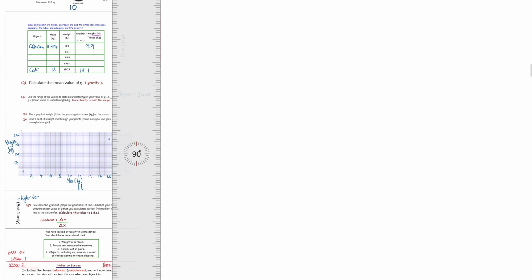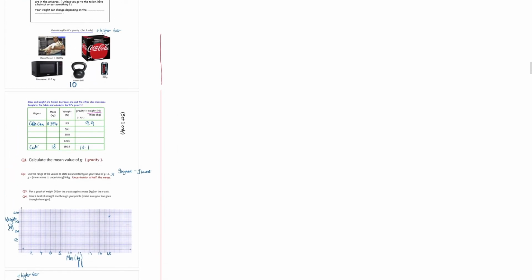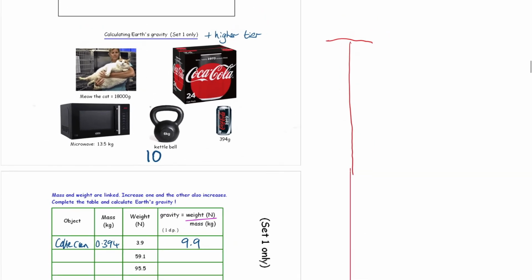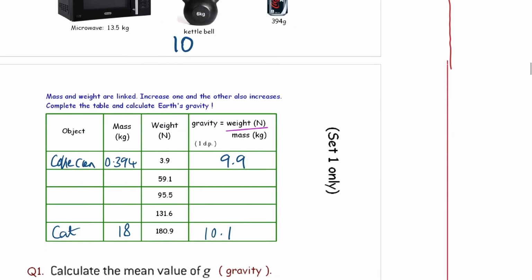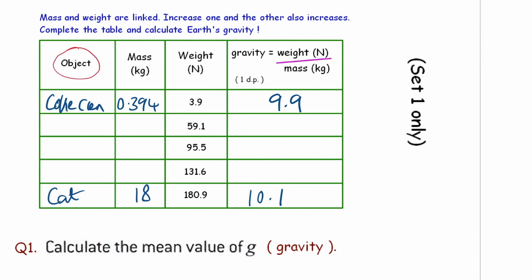So it starts there, top of the page. In fact, it starts even further up here, doesn't it? It starts here, partly down page 10. Those objects aren't going to mean much to you at the moment because it's not telling you what to do. So you've got six objects. You look at those 6 objects, and what you need to do is write the name of the object and details about the object into this